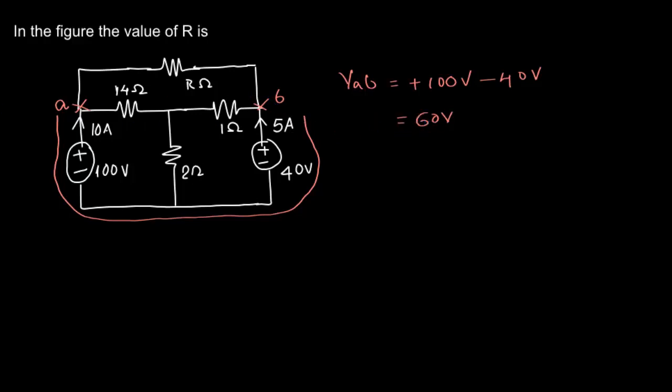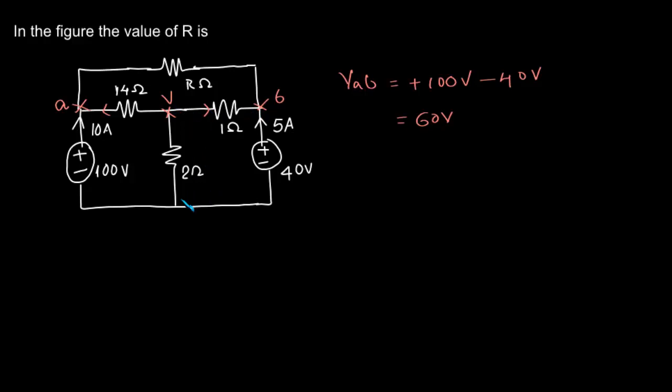Now the information we need to find out the resistance is, if you know what is the current through this resistance R and we already have the voltage, we can find out the value of this resistance. Now to know that, we know that 10 ampere comes here, and now we must know what is this current and what is this current. For that we need the voltage here. Let's say the voltage at this point be V.